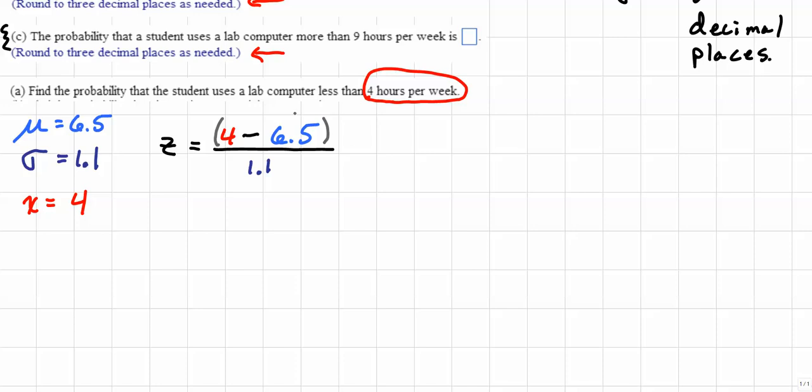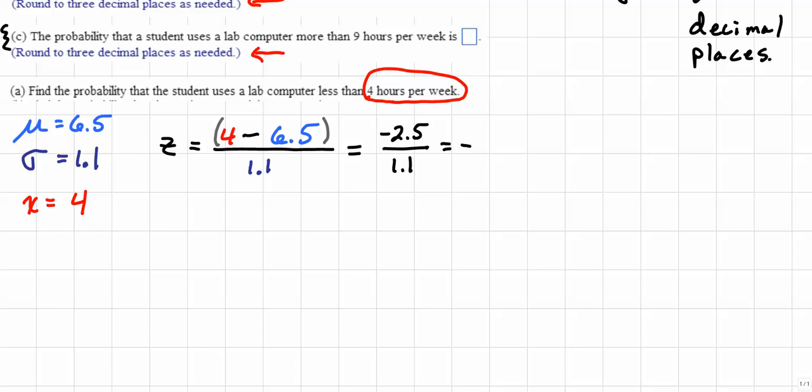But by doing the subtraction in the numerator first and saying 4 minus 6.5 is equal to a negative 2.5, and then dividing by the 1.1 in the denominator,